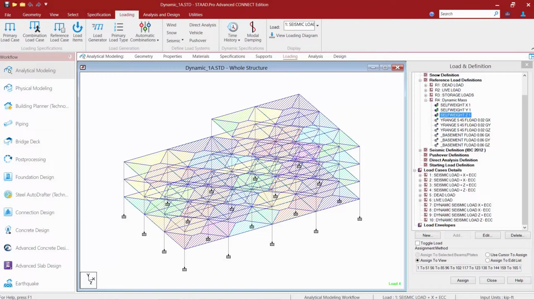Now that we have defined all of our dynamic masses for the structure, we are ready to move on to the second step in our workflow, which is to define the modal response spectrum load items. If I look at my sample model in the Load and Definition dialog, expand your load case details